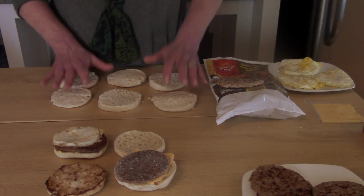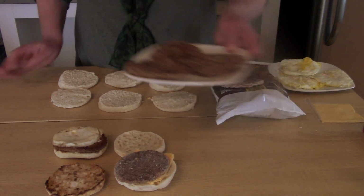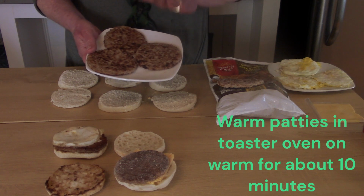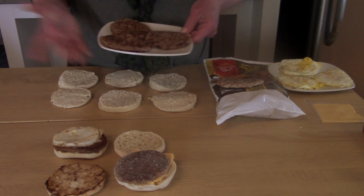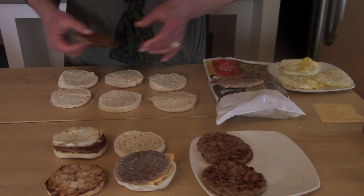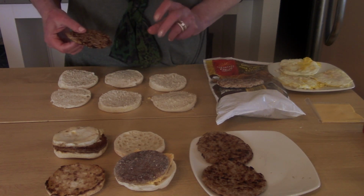So before I assemble our homemade ones, we'll have to tell you that I do put these in the toaster oven for about 10 minutes. That way it gets the ice crystals off of it, and I can kind of pat it down and get a little bit of excess grease off of it. Because what will happen if you don't, when you put these together and you put them in the refrigerator for the week, is that those ice crystals will melt into the cheese and it kind of becomes a gooey little bit